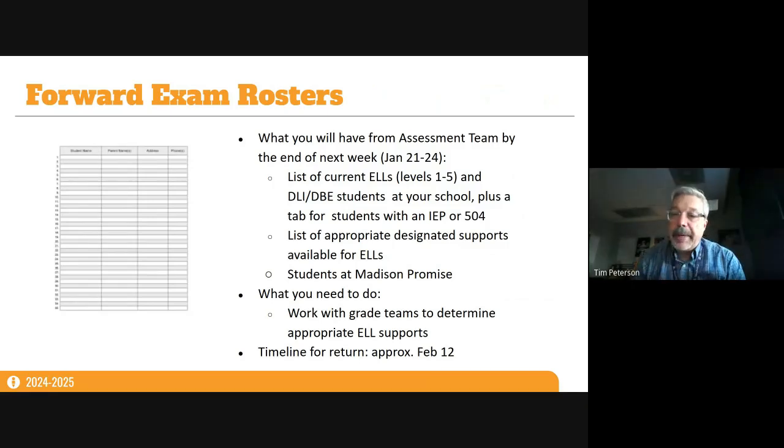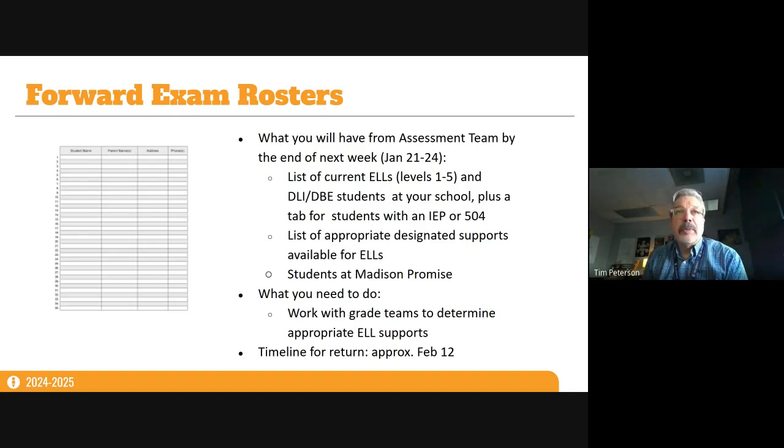Now, here's where the process for involving schools is, and this is really important so that we can get you tickets in time as early as possible, so that you have those available and can continue your progress. Next week, and hopefully sooner, but we'll see. But next week, we're going to be sending you a school-specific list of information about students.